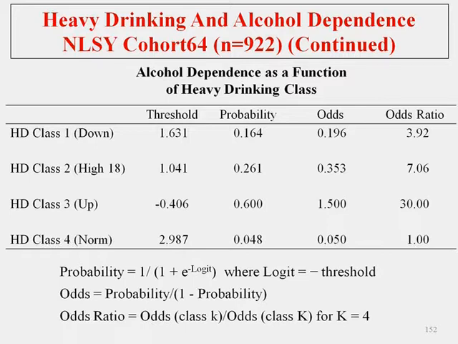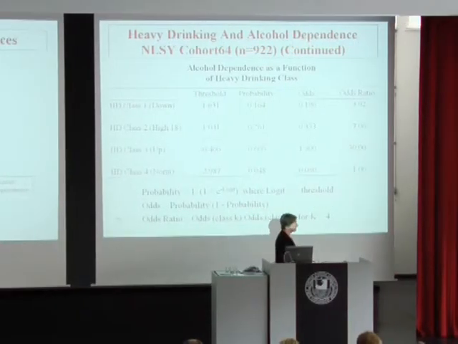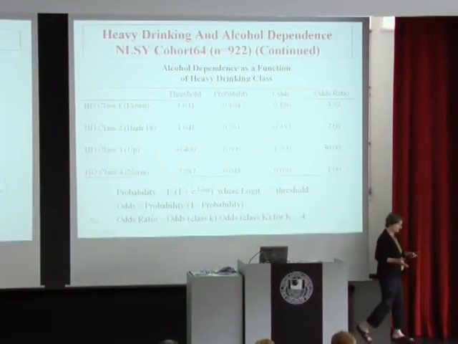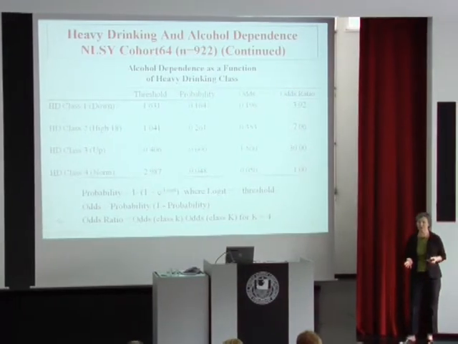There are 30 times greater odds for that class to have alcohol dependence, which is the dependent variable. So you can see that that's how we use this. And once again, it's interpretability,